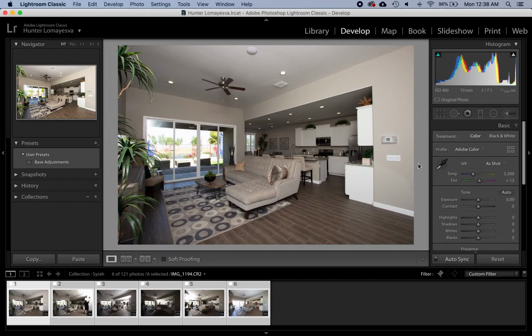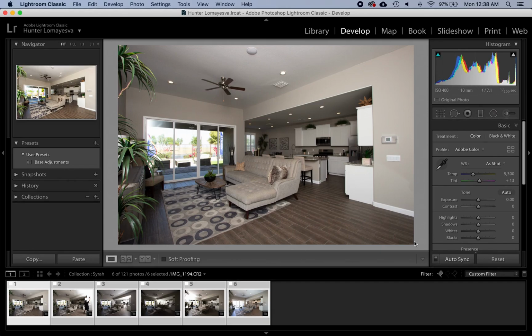Hey everybody, so this is going to be my tutorial on how to process this image, which is a flash ambient composite, and we are going to start in Lightroom and then make our way into Photoshop and then back into Lightroom to do our final adjustments. So let's go ahead and start off with our pre-processing. So this image is really flat, really boring, kind of lifeless, and not too